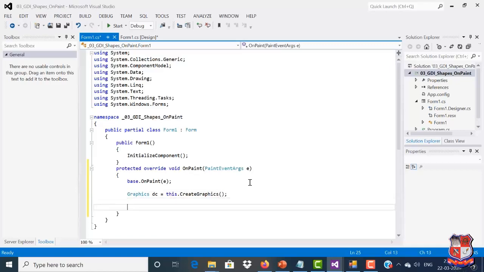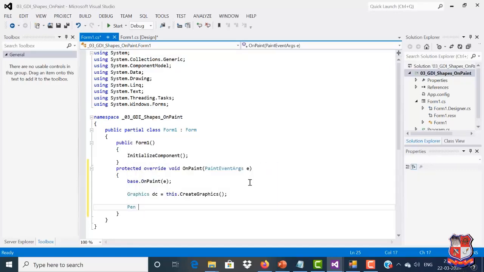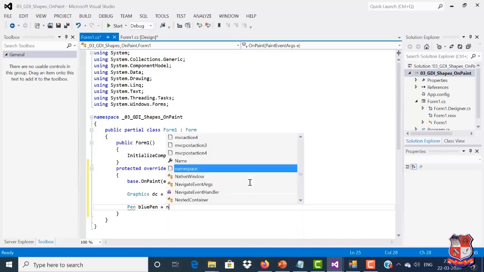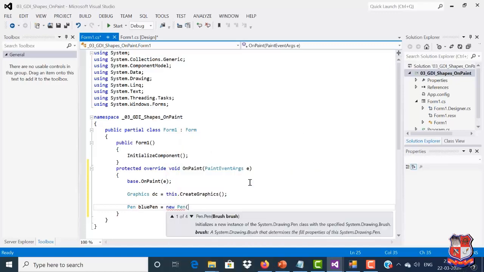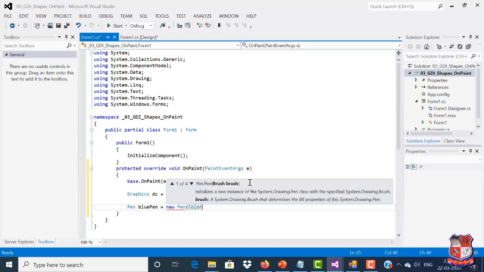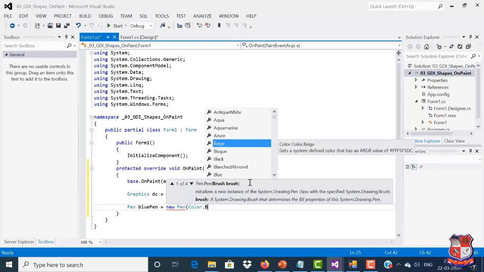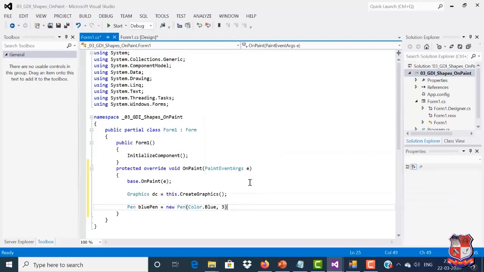Now we'll use a pen to draw a rectangle as in the last example. Pen blue pen equals new Pen, Color.Blue, comma, size is 3.